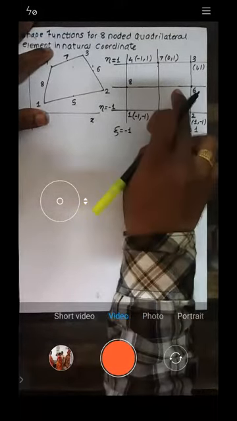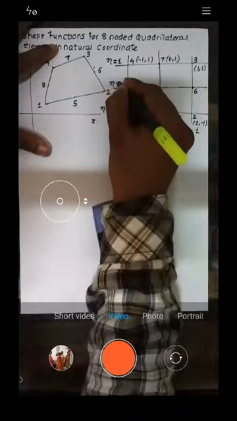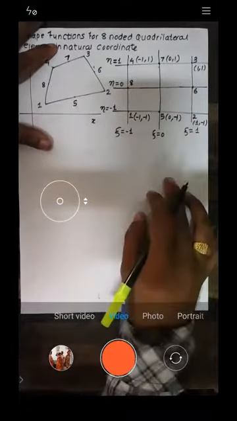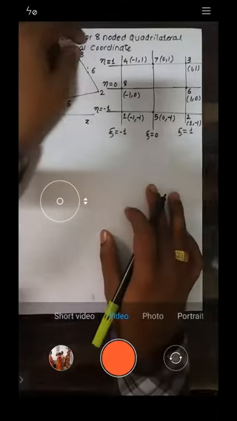This line I have drawn at the midpoint of neta equal to -1 and neta equal to 1. Can you tell me what is the equation? It's neta is equal to 0, right? Now I should know the coordinate of node 6. At node 6, zeta is 1 and neta is 0. So this is 1, 0. Sorry, zeta is 1 and neta is 0, that is what is written. Now for node number 8, zeta is -1 and neta is 0. Is it okay? Yes or no?